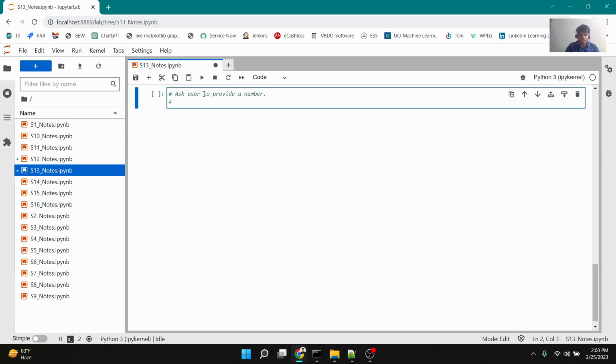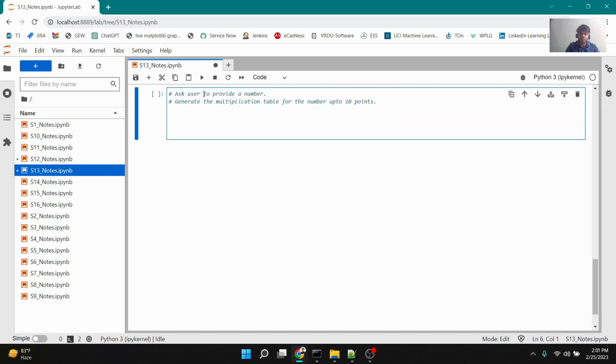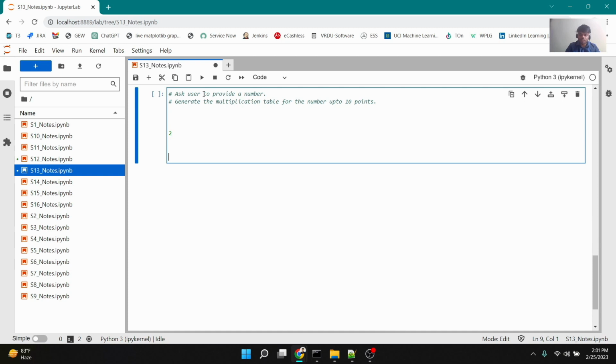Then second is to generate the multiplication table for that number up to 10 points. What I mean by that is, if the user says that it's 2, then I will have to write 2